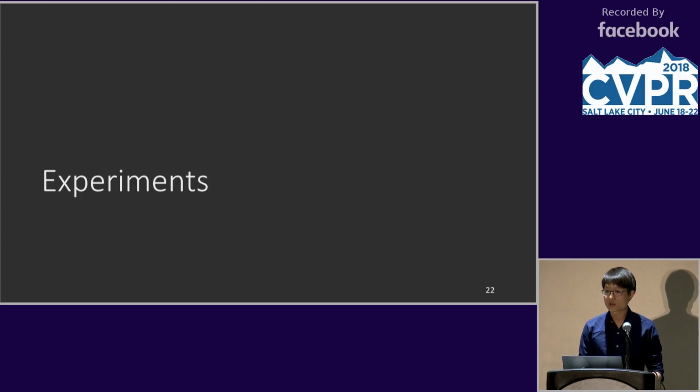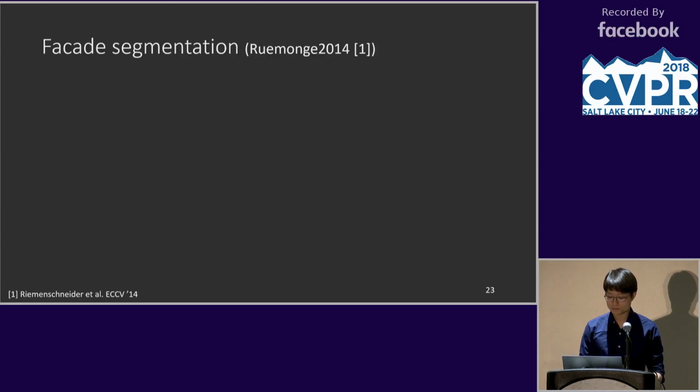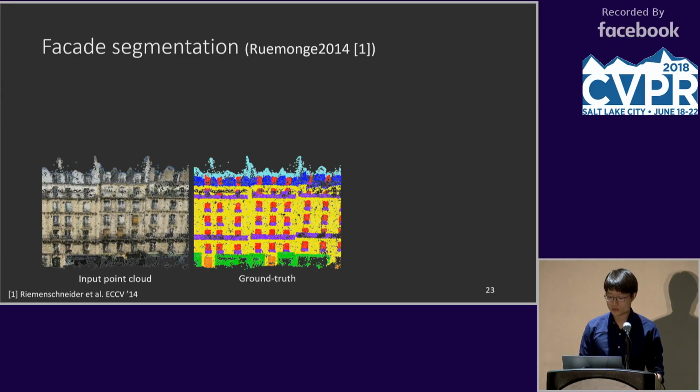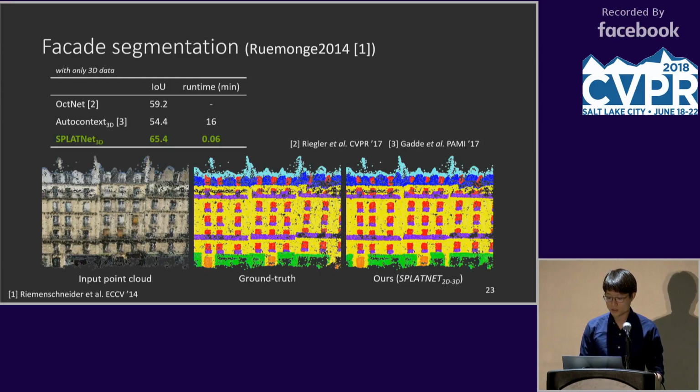I'll now present our experimental results. The first benchmark we evaluated on is RueMonge 2014 for building facade segmentation. Here is the testing sample, the ground truth labels, and our predictions. Quantitatively, on this benchmark, SPLATNet 3D improves upon previous state-of-the-art voxel-based methods and traditional vision methods by a significant margin